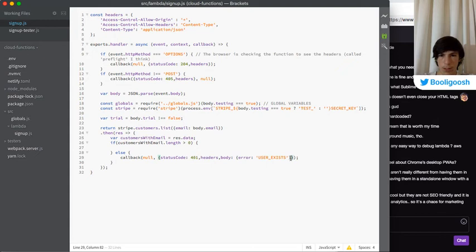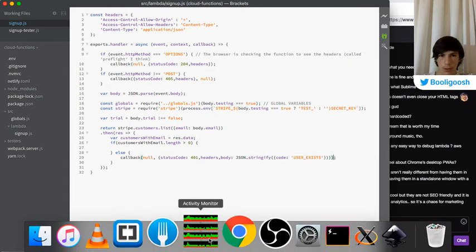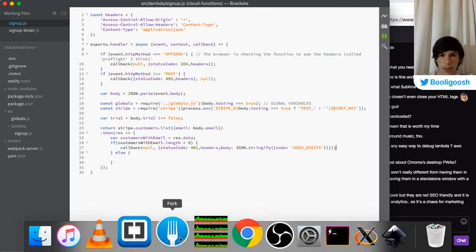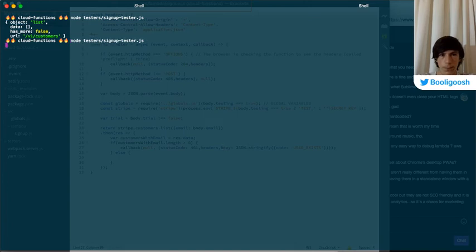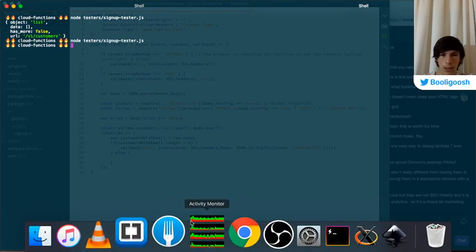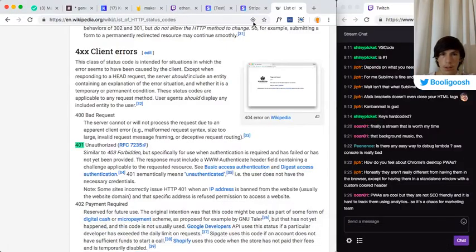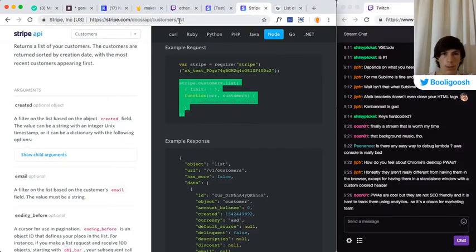You know what, we could actually just say code. Yeah, let's go JSON.stringify this. Okay, so then that will return, except this is in the wrong bit. That should be there. Okay, yeah. Otherwise, we will continue. So return. Create a customer. Let's see how we do that. Create. Just guessing the URL.